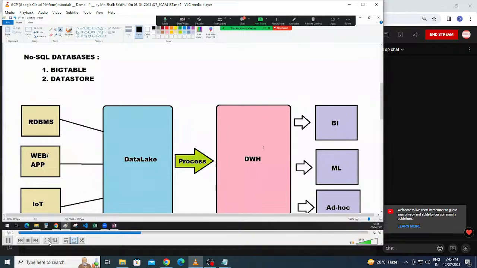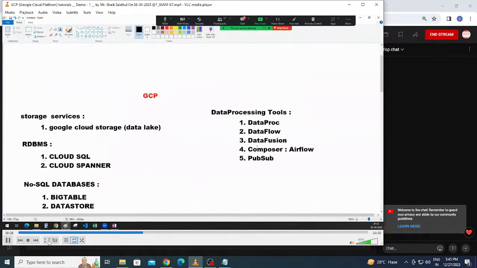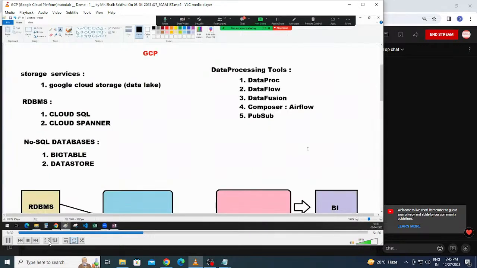And one more thing, you have plenty of workflows with you and you want to manage all the workflows, schedule them, manage them. And even if something goes wrong, if you want to take care of fixing the problems and issues, you can look at the logs, all of those things. For that, you can go to Cloud Composer, the managed Airflow instance, where you will have plenty of options available. You can schedule the pipelines, you can monitor the pipelines,